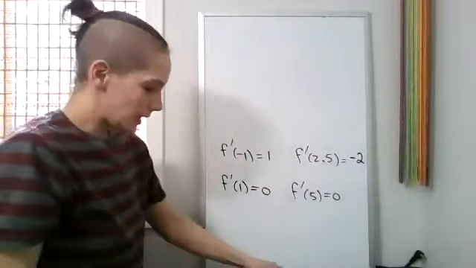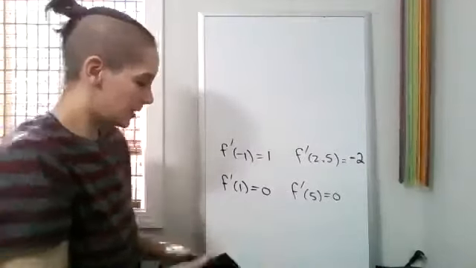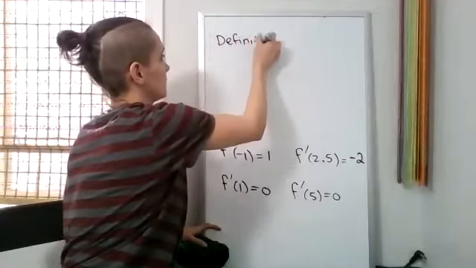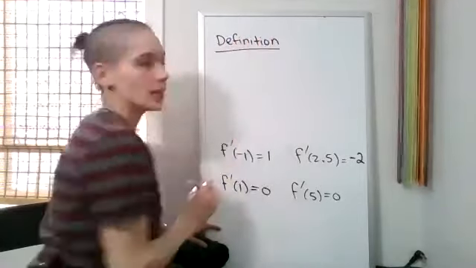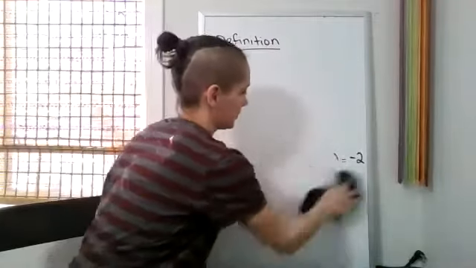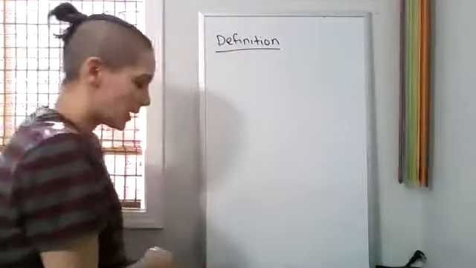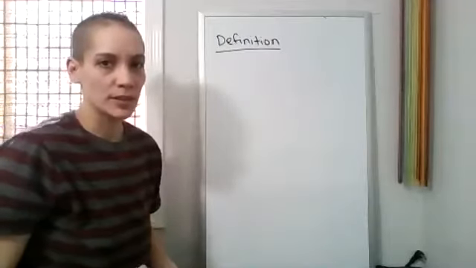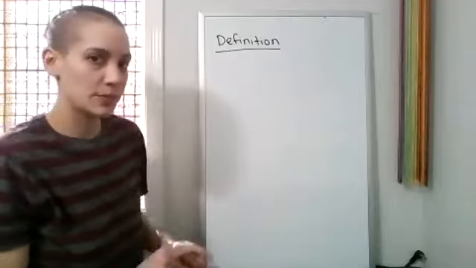So this is going to be a definition. And there's 2 parts. Okay, so the definition of a function being differentiable. So a function f is differentiable